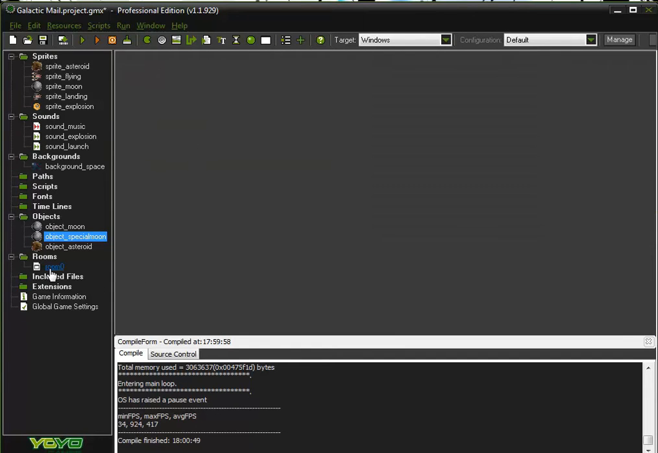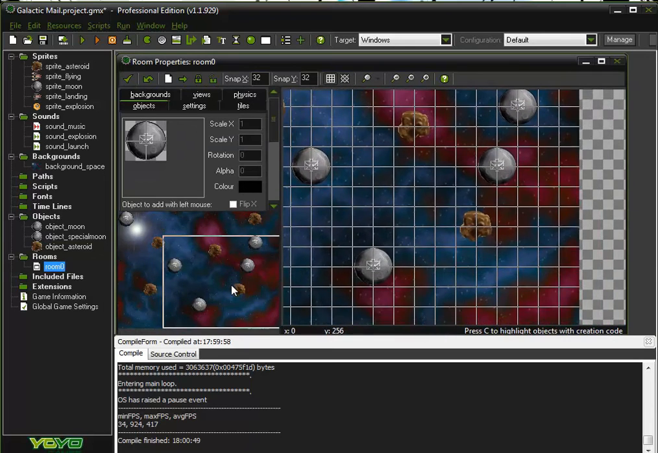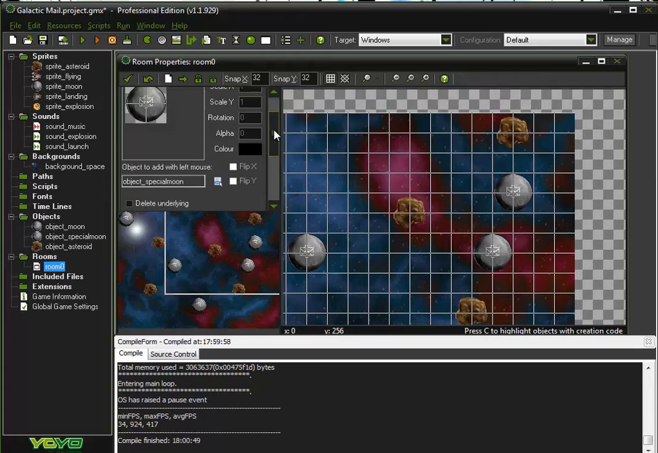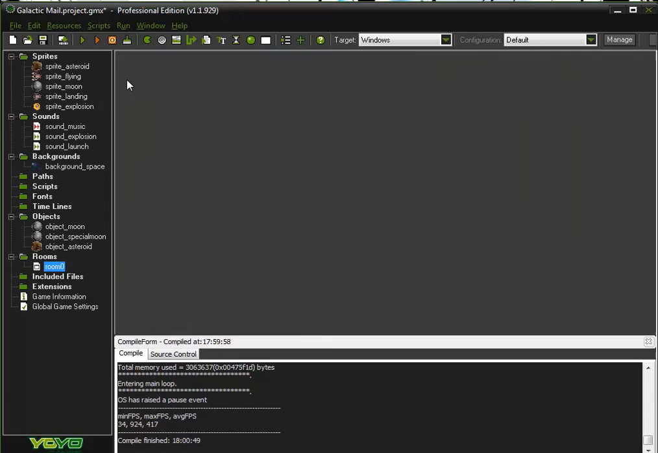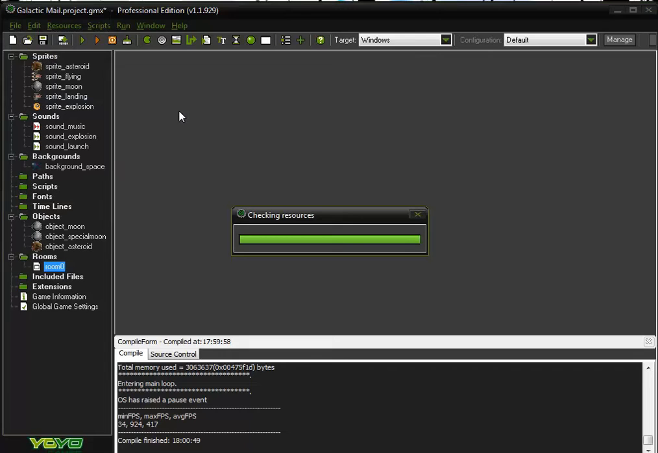Lastly, I'm going to go into room 0, and I'm going to pop in my special moon. Now I'm just going to make sure I've got that selected. There you go, moon special. So let's see, yeah, nice space up here in the center. So that's my special moon. So I'm going to click OK, save, so you can go to File, Save, or click on this icon here. They do exactly the same thing. And once that's done,